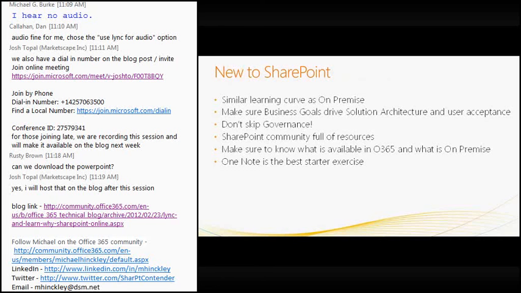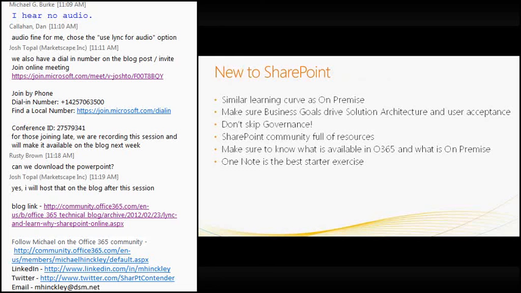And then you also want to make sure that, again, ad nauseum, you know the difference of what's available in Office 365 as opposed to on-premises. That's a key one, because what you're going to find is that people in the business are going to get excited about this. They're going to do research about SharePoint. There will be a gray area where they might go between what's on-prem and what's in Office 365, and just make sure that you can answer those questions very quickly.